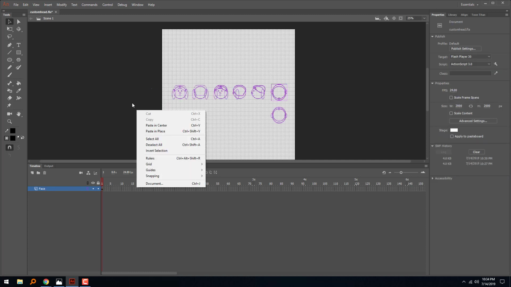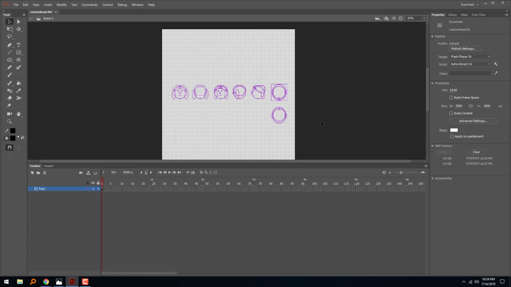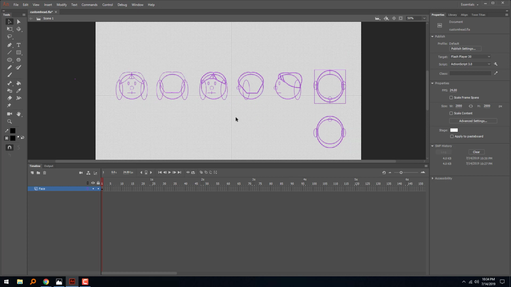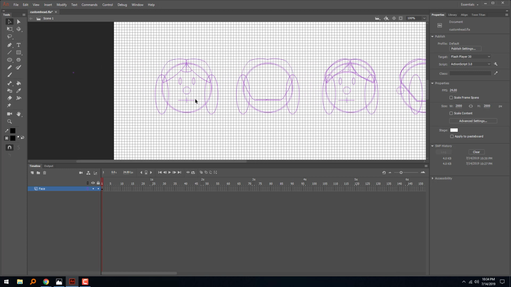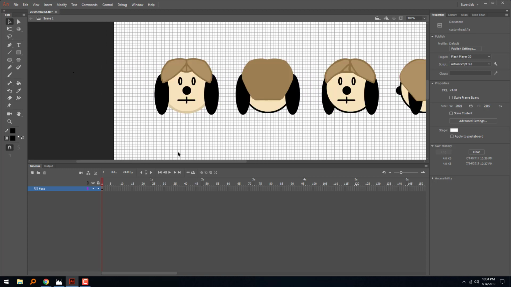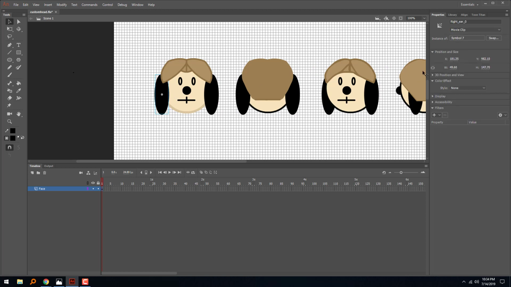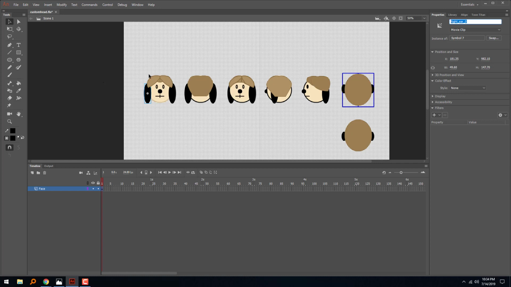If it'll let us, there it is. So we got everything on a nice single layer. And we're gonna go here, we're gonna turn the outline mode back off. And so this is the ear, and I can see that this ear is still configured. So what I'm gonna do is select everything,